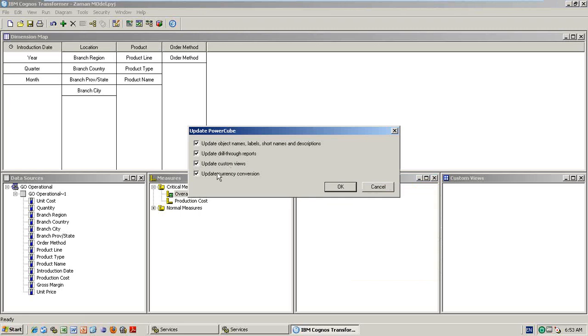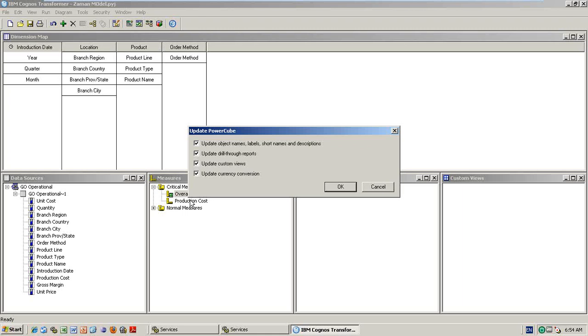Whenever you are updating the cube, it will check the labels. So after building the cube, if you are changing some labels, you don't need to build the cube once again. You need to rebuild the cube when your data is changing, or some data population is done in the database, or any columns are added.